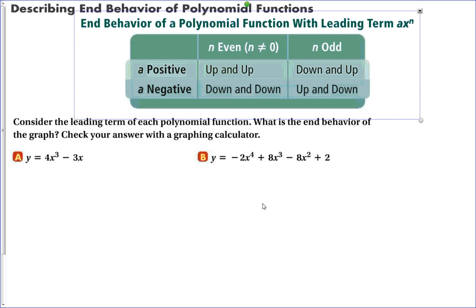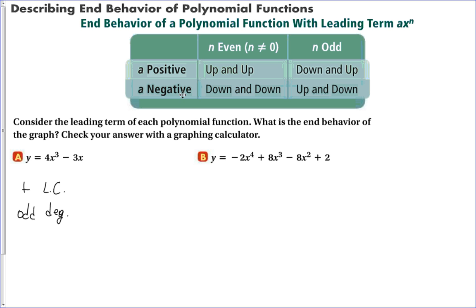So, describing end behavior of polynomial functions. Now, we are not going to check these on a graphing calculator. I just noticed that was there. So, end behavior of a polynomial function with leading term ax to the n. Here we have an odd degree, so we need to determine the end behavior. Since we have a positive leading coefficient, LC, and we have an odd degree,